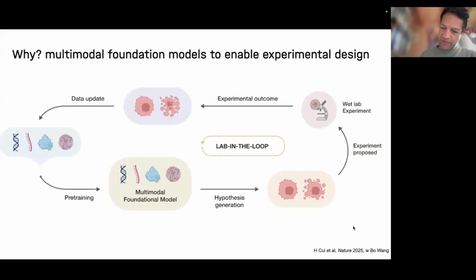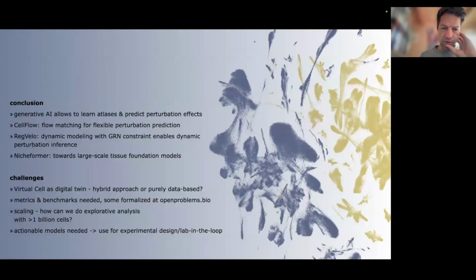We wrote this a bit in a perspective, check it out together with Bo. But I think it's about coming up with the math to do this next proposal. Do we want to minimize uncertainty? Are we going to go for a specific target? Do we come up with more fancy stuff? Do we do batch design? I think there are exciting questions here, and in my lab we're working on that.